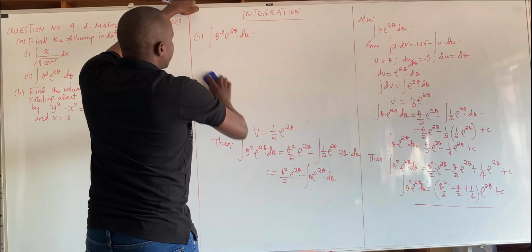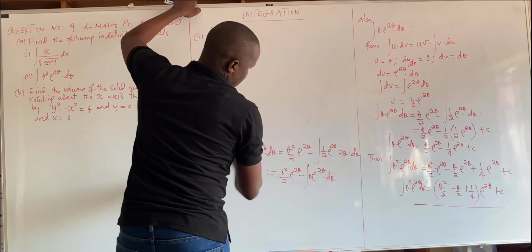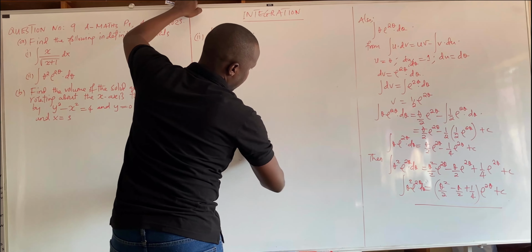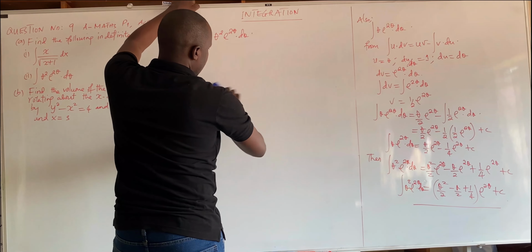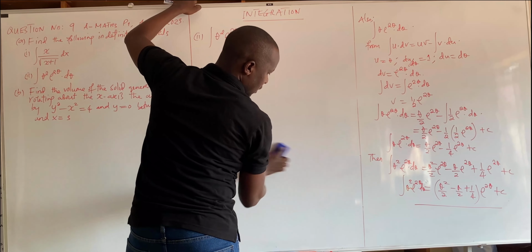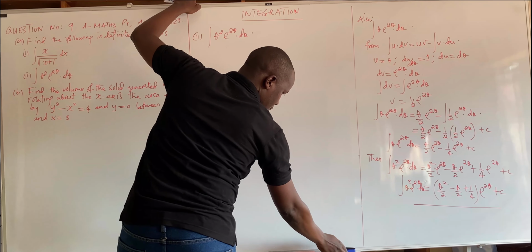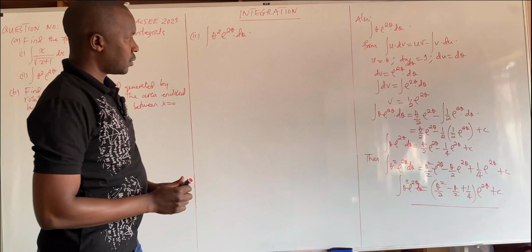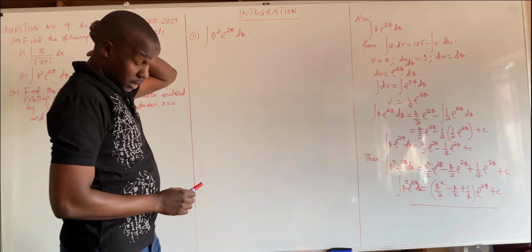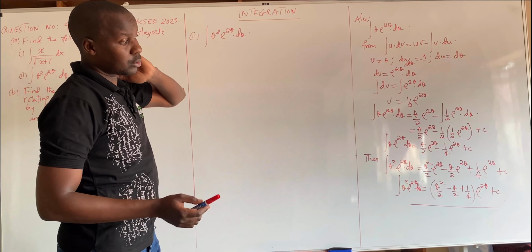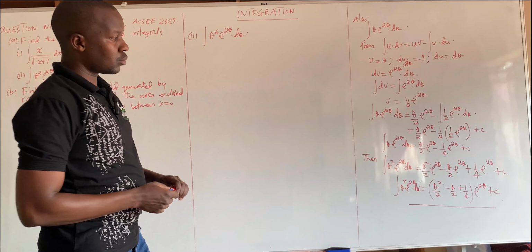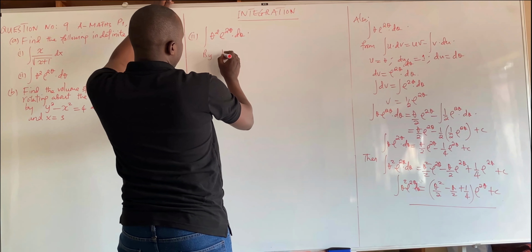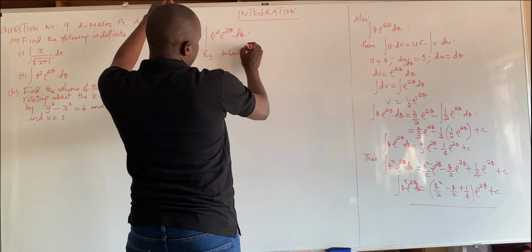If you have algebraic in combination with exponential or trigonometry, we can use that method of tabulation. It only works for algebraic and the other functions, where we integrate algebraic until we reach 0. If the functions are not algebraic, the other form maybe trigonometry and exponential, the tabulation method cannot work. So by tabulation also, alternatively, so by tabulation method,